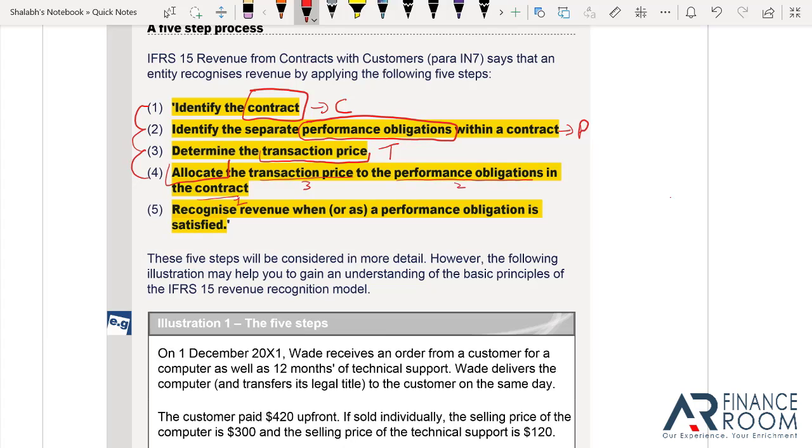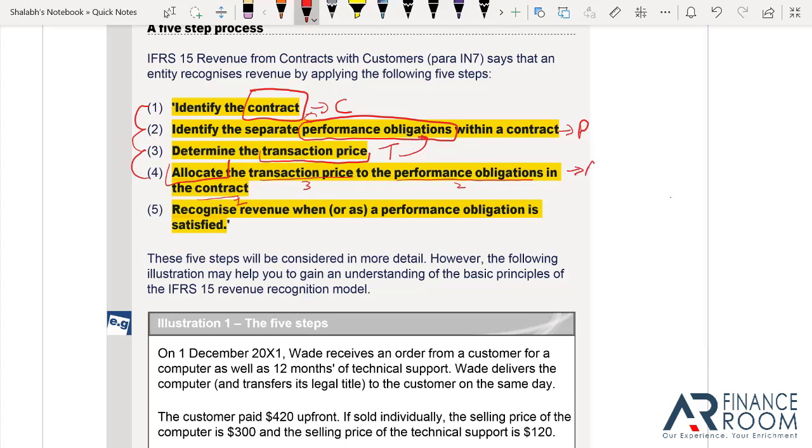Many people find it tough to recall the fourth point because they mug up. There is a difference between learning and mugging up. Mugging up is just trying to fix it in your brain without any logic. Now, if you try to reread this with this logic, that this point is going backwards: once you have determined the transaction price, you need to allocate the transaction price to the performance obligations in the contract. So the operative word here is allocation.